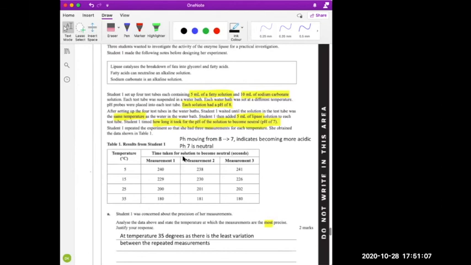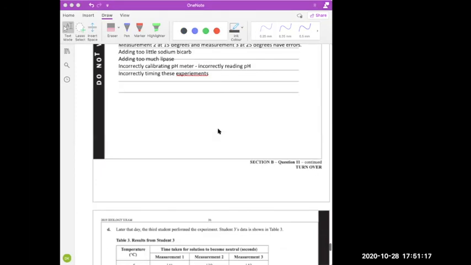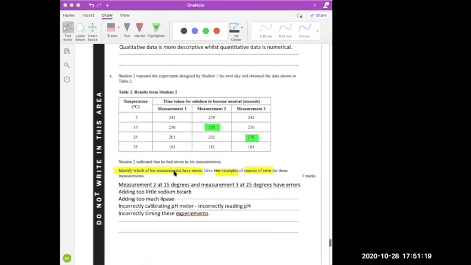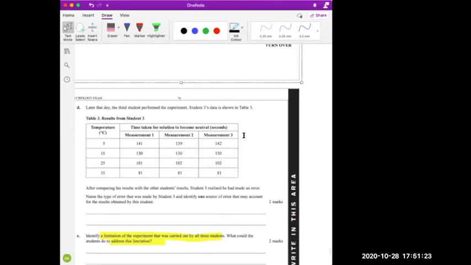So it's meant to go down in general, but obviously this has gone too far down. With this one, all of the measurements, what you need to do is compare them to the other 2, right? The trend is correct. Like at 5 degrees, it takes longer. At 35 degrees, it takes the least amount of time. So the trend is correct, but all measurements